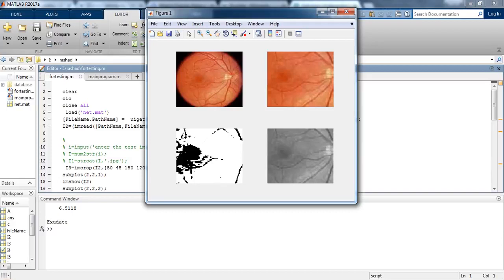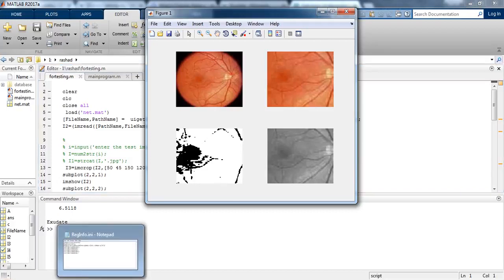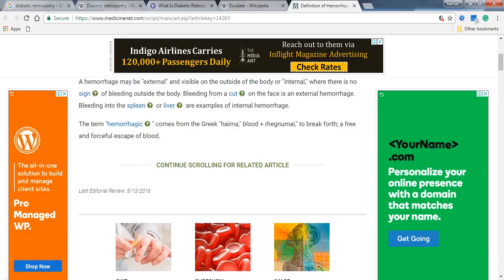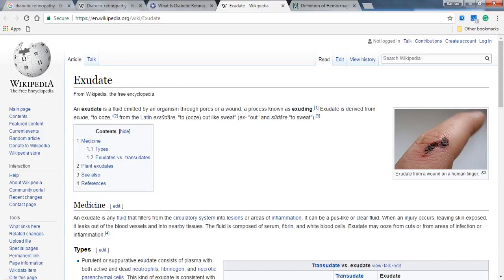So let me tell you, exudate is basically a mass of cells and fluid that has seeped out of blood vessels or an organ, especially in inflammation. It is basically a fluid emitted by an organism through pores or a wound, a process known as exuding.